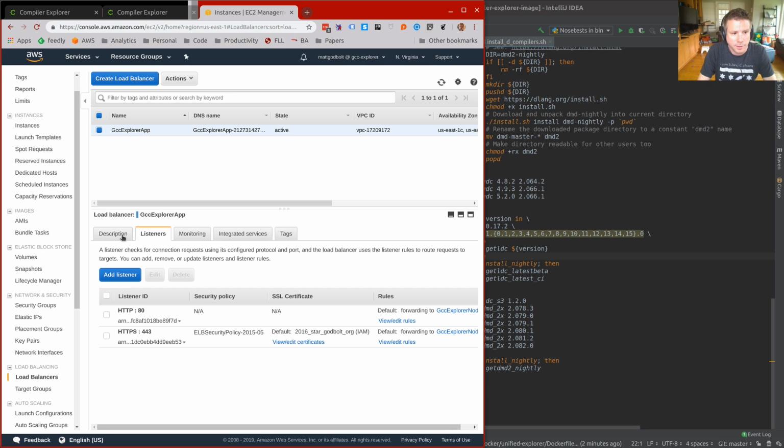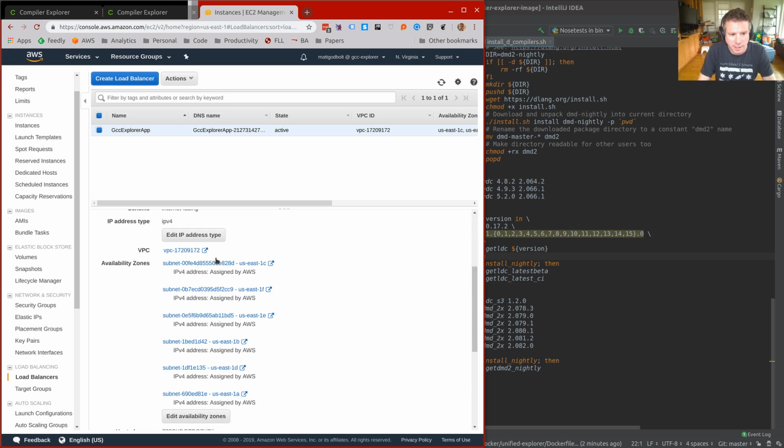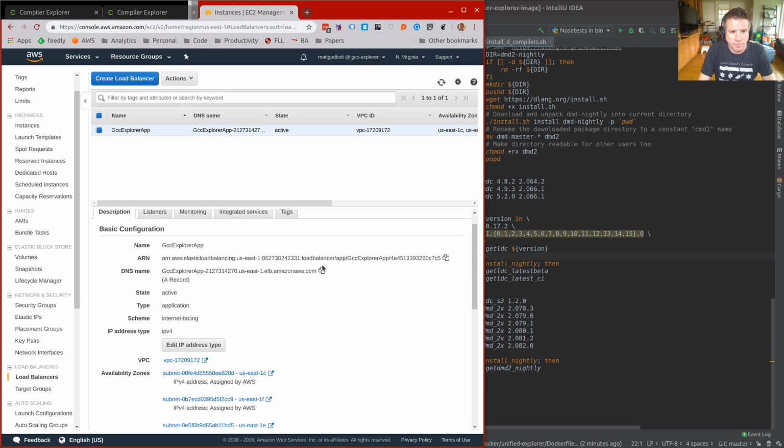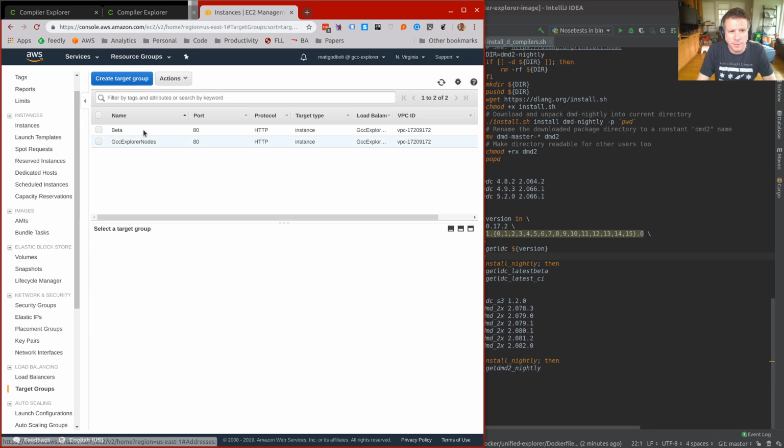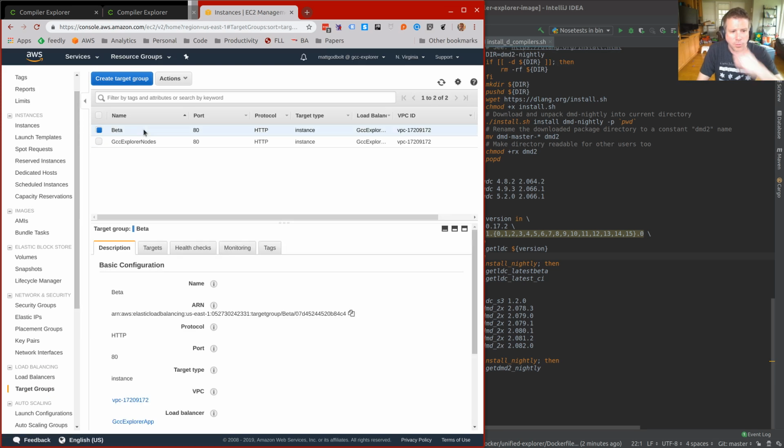Okay, so that's cool. So that's just a load balancer with a listener, and it has an IP address, and it lives in a VPC. Then there are target groups, and target groups live within that. I'm trying to remember how this works. Okay, so we've got beta and GCC Explorer nodes. So these are definitely where the load balancer knows that certain traffic goes to certain groups of machines,